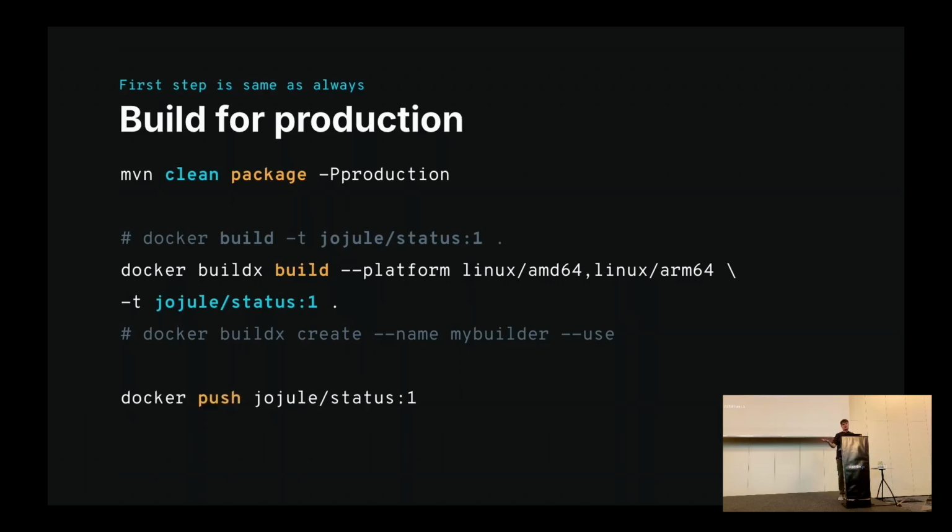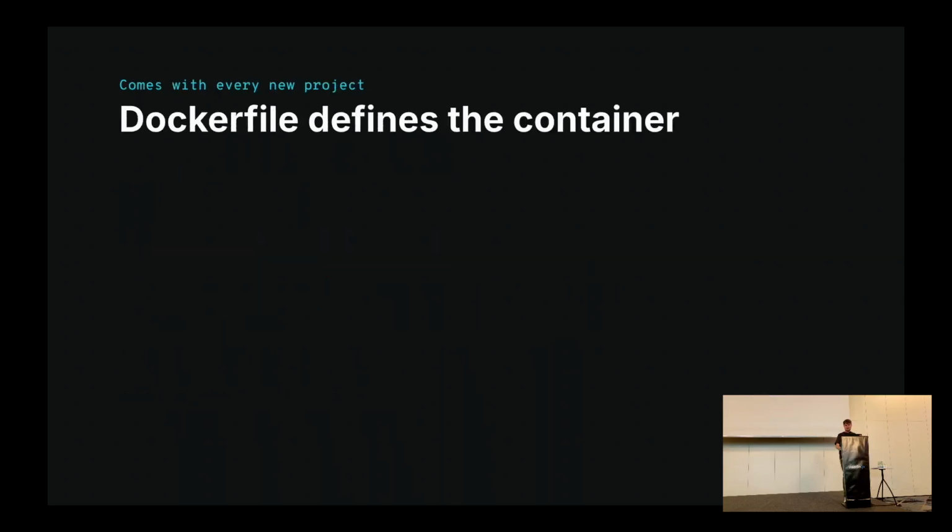And in the end of it, you need to push this into some repository where you can deploy this from. So in this case, I'm just pushing to Docker Hub, but you might want to use some repository provided by your cloud vendor. So in order to build this, you need some kind of build configuration or Dockerfile,